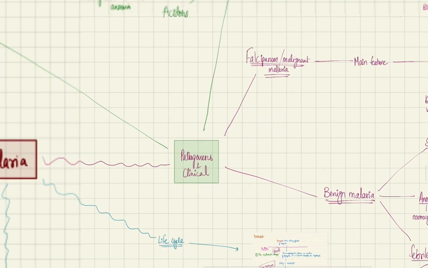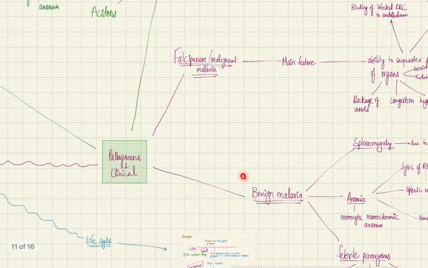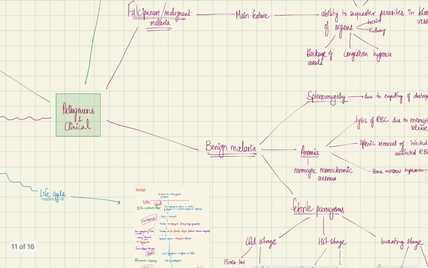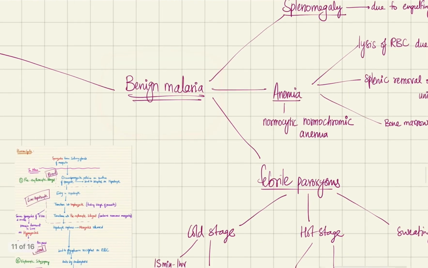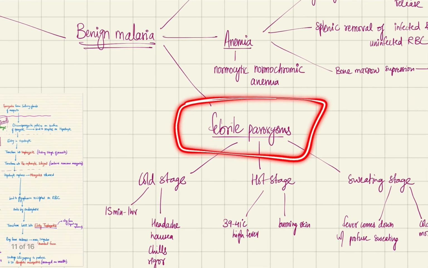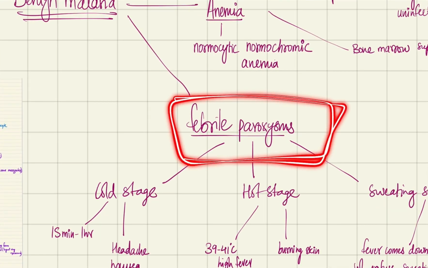So let's get started. So basically the pathogenesis or the manifestations of malaria are of two types. We have benign malaria and we have malignant or falciparum malaria. Okay, so we'll talk about benign malaria first. Benign malaria is classically characterized by having febrile paroxysms or episodes of fever, and these episodes of fever, they're actually